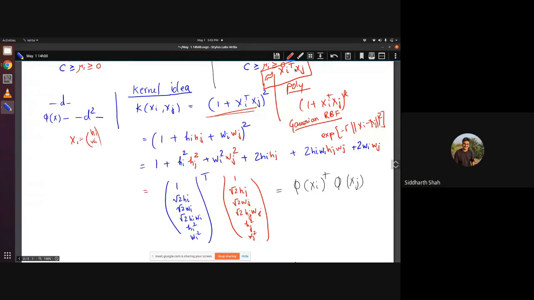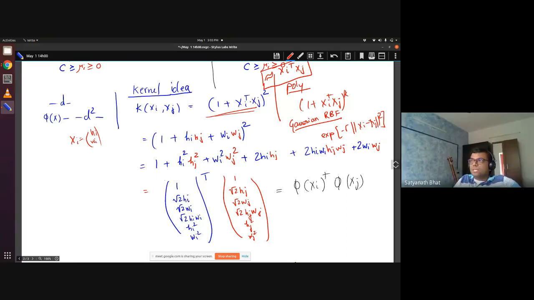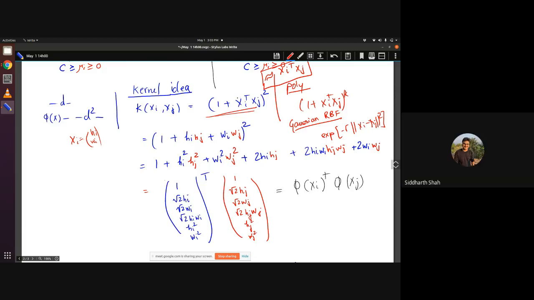No sir, I didn't understand how it is almost the same cost. Because xi transpose xj, when you compute it, gives you a number. Plus 1 is nothing, just a simple addition by 1. I don't think it even matters. Then squaring it is also one extra multiplication, right? Okay. Yes sir, understood.